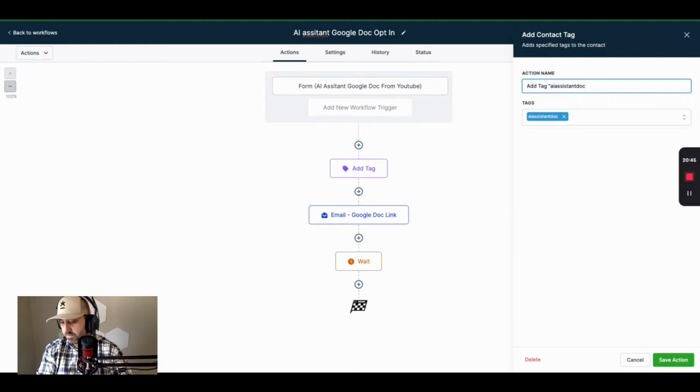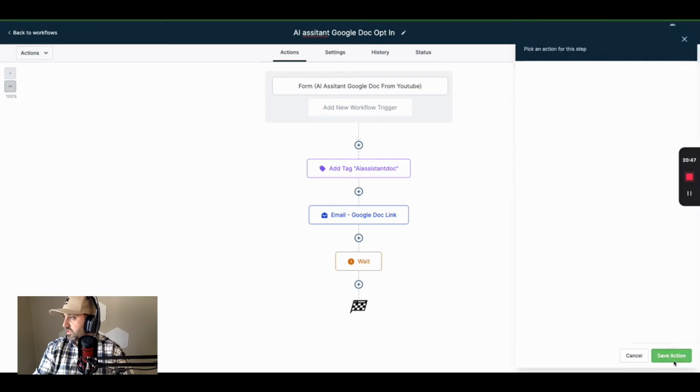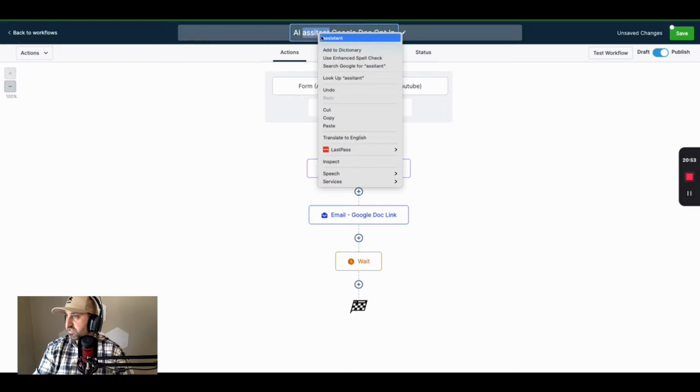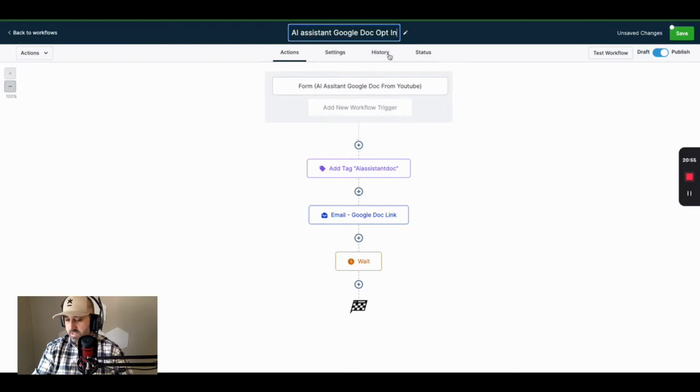Assistant Doc. They will know what everything does. And so boom, so I know what this trigger does and what this does. And then AI Assistant Google Doc opt in. And then I do add tag